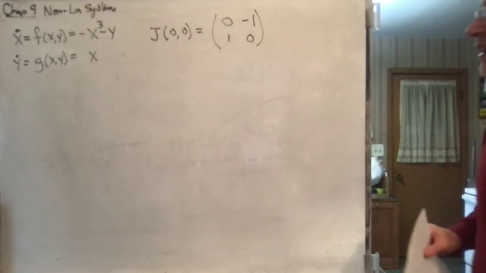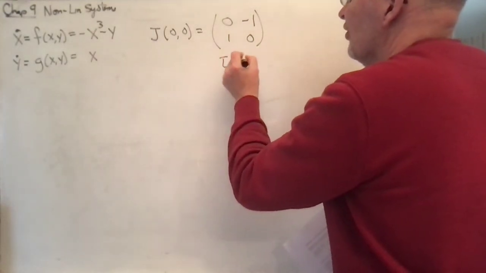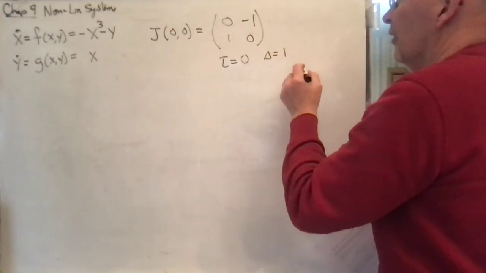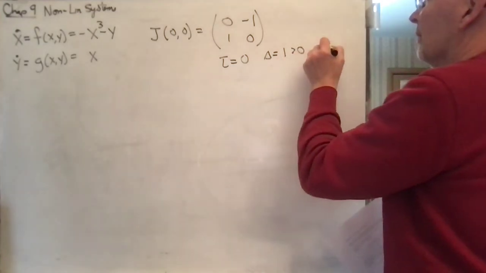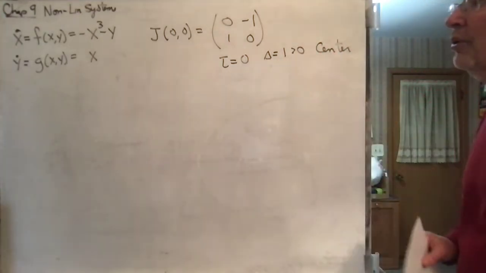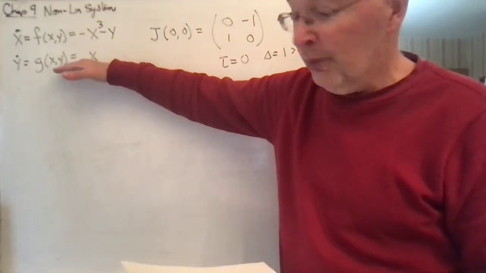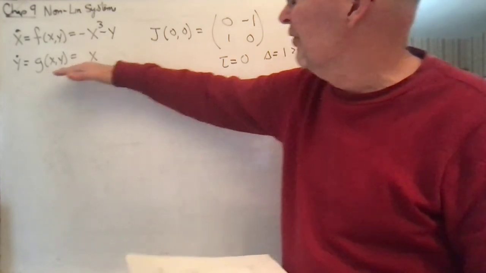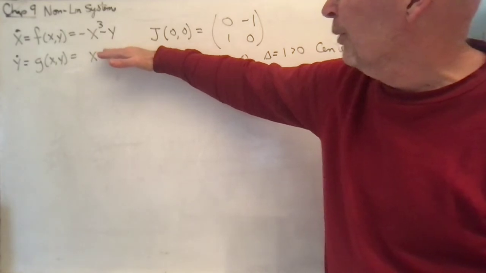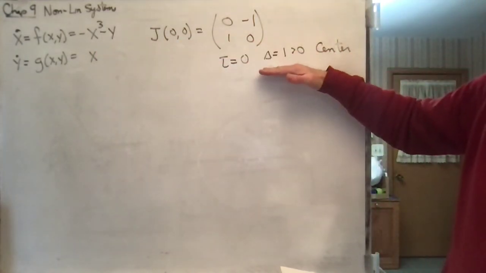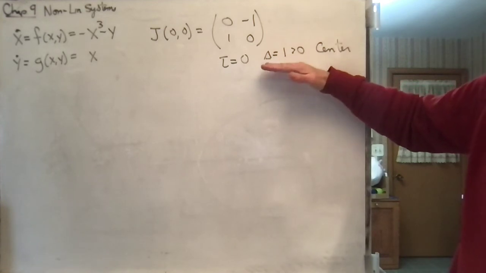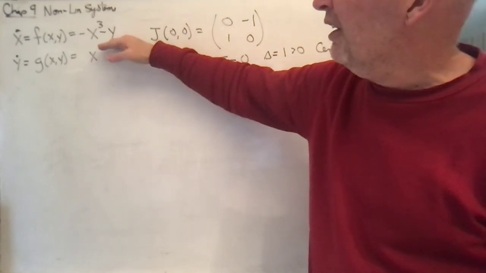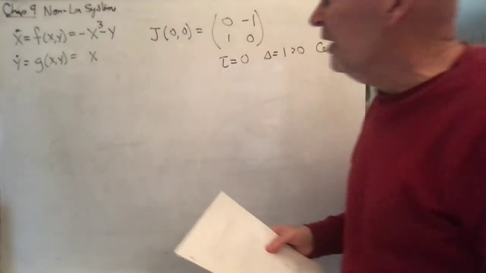And if you get that, then you notice that tau is equal to 0, and delta is equal to 1, and you're going to end up with a center. So your linearized system, when you go through the work, and this is part of your problem in chapter 9.5, is to take the partial derivatives, put in 0, 0, and see that you get that, and you're going to get a center. So that's what the linearized system predicts. But you can show, and that's what the rest of the problem is, that this system actually does not give you a center. And the way you do it is,